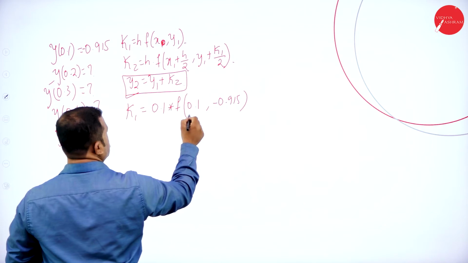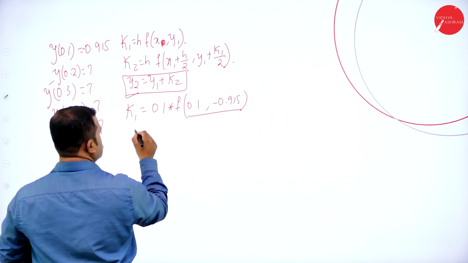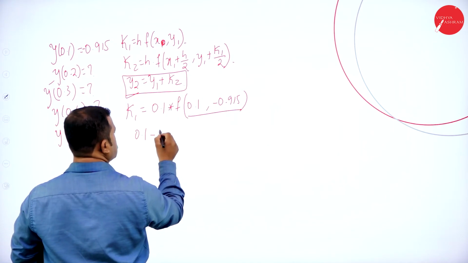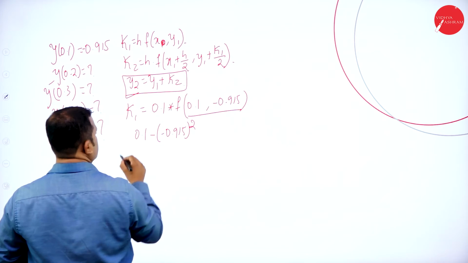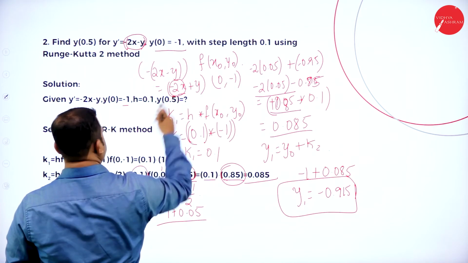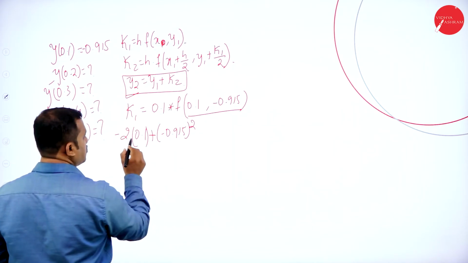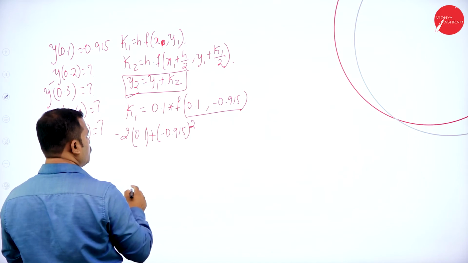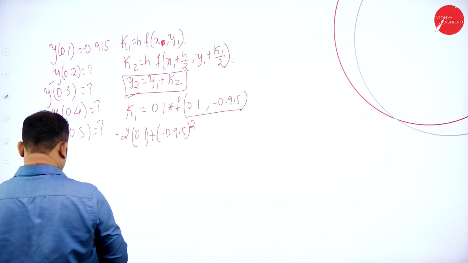So if I substitute this term into that original equation, what is the value I am getting? 0.1 into minus of minus 0.915 whole square. 2 into this term, right? It is minus 2x plus y. That means we have minus 2 into 0.1, which is equal to minus 0.2